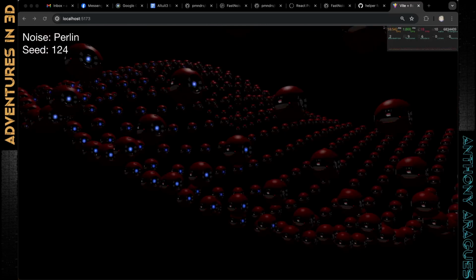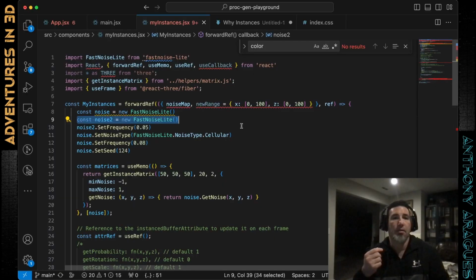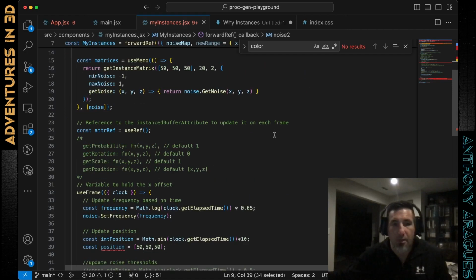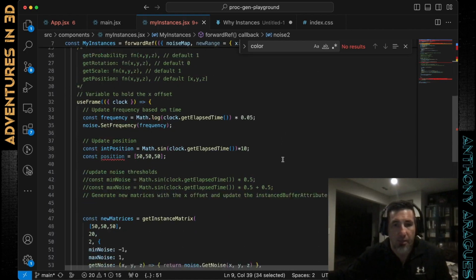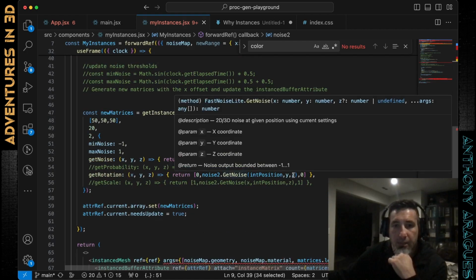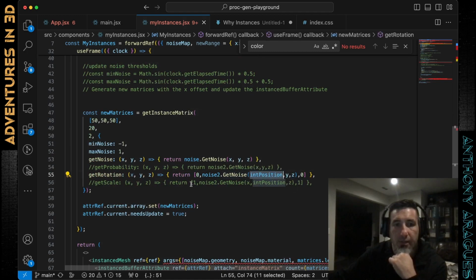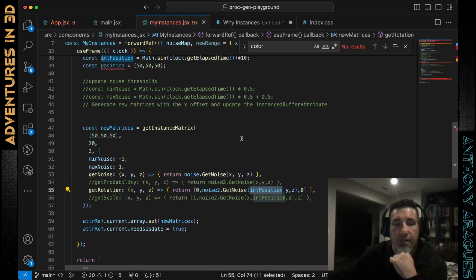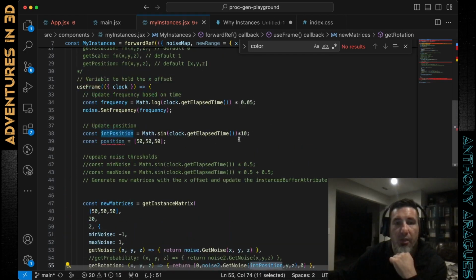But more than just one noise thing, I wanted to use noise to do things like rotate. I've done ones down here that I played around with, where I use noise plus the frame, run it through a sine, run it through log. I can set it at different positions within the get noise, set that to rotation. There's all kinds of things that I've done with the noise at this point. But